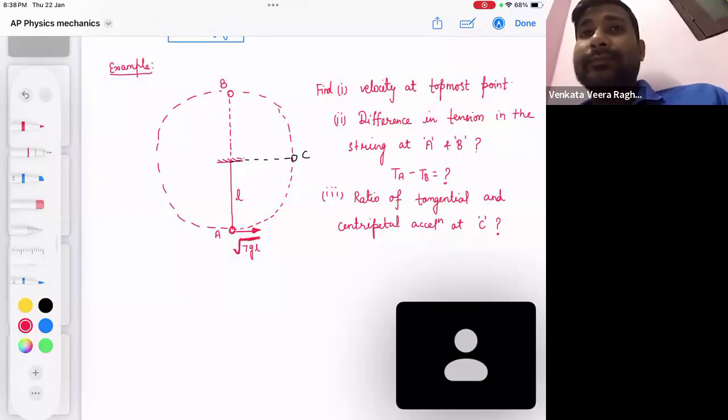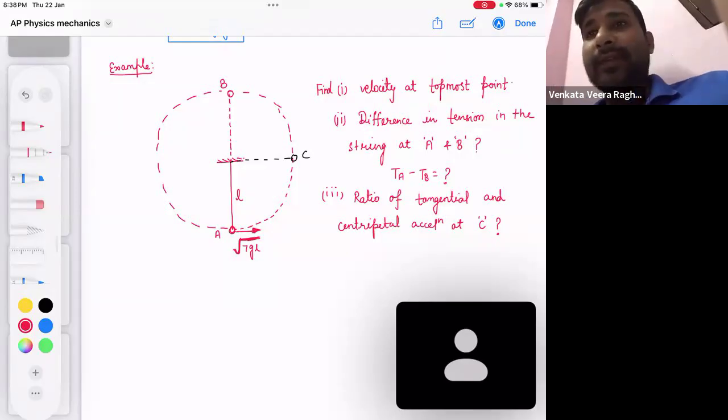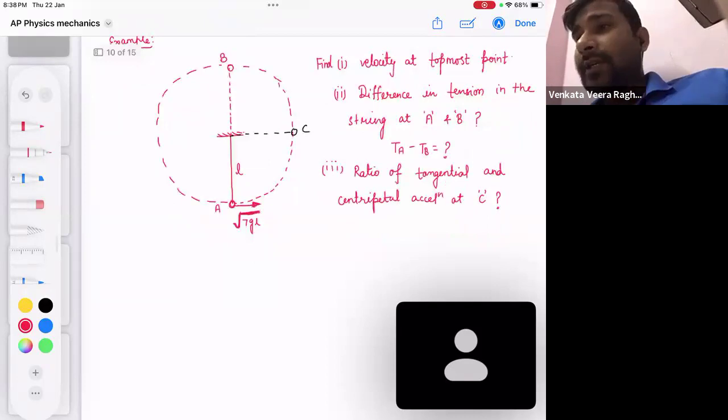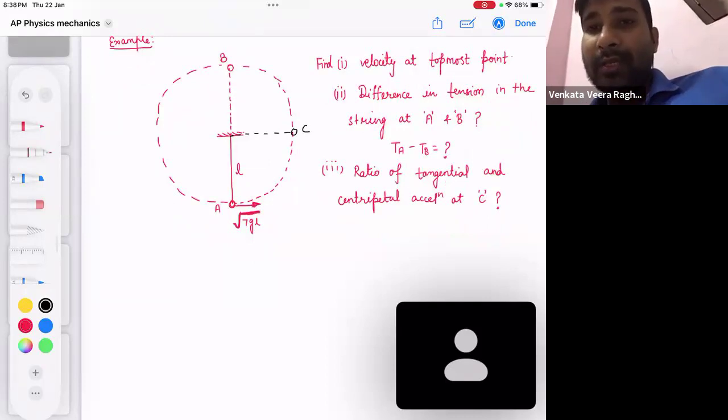Please tell me how much this is coming? Calculated? Chaliye, let me discuss with you. Okay, first part of the question, they ask what is the velocity at the topmost point? So to calculate the first part, I'm going to apply the